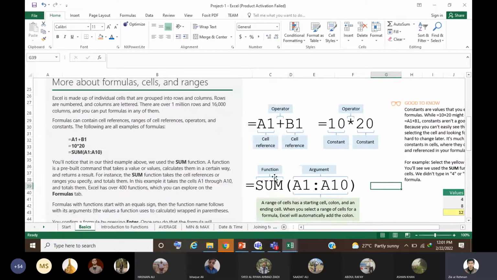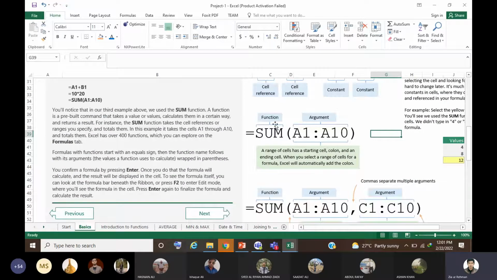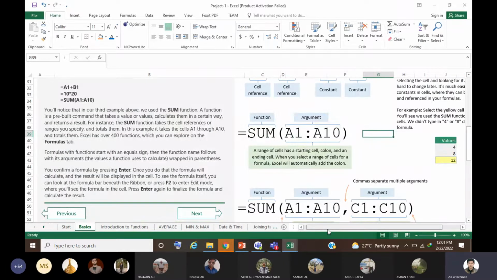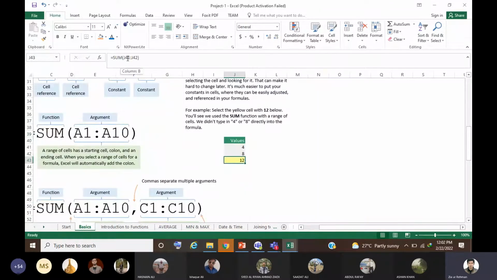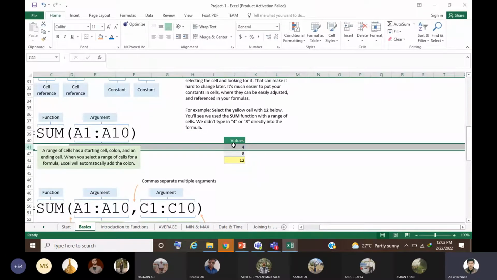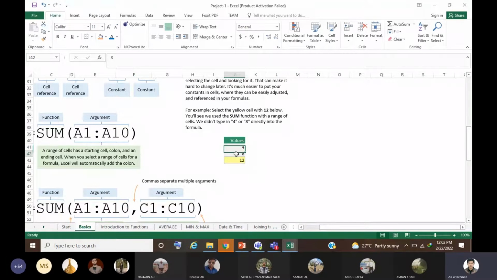Then let's say there are other functions as well, like if you want to add some cells in series, then you could also add them in series. Instead of going with the sum 1 plus 2, you could use sum and write it in the series like J41 to J42. It means column J, row 41, this cell, to J42, this cell. So you could also use this quick formula, sum into series, J41 to J42, instead of just adding different cells.